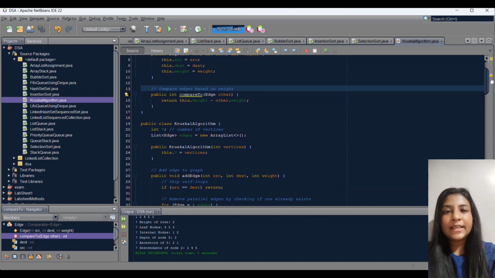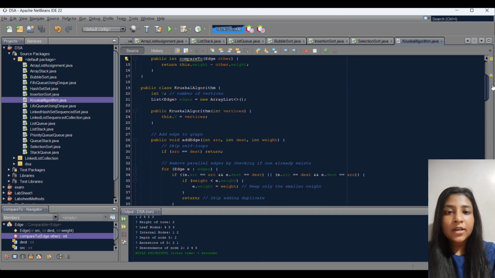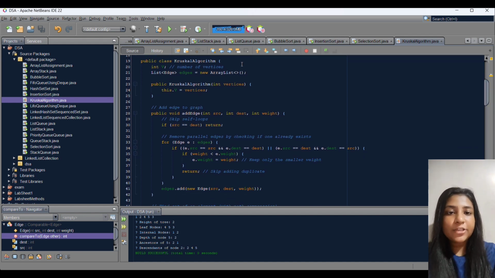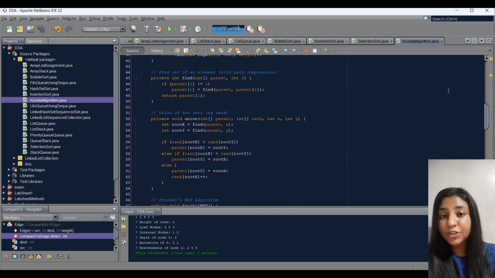int src, dest, weight. This stores the two endpoints and the edge weight. Constructor: public Edge(int src, int dest, int weight). Simple constructor sets the fields. Next, the method compareTo returns this.weight minus other.weight, so Java can sort edges by weight ascending using Collections.sort. Easy and important. Kruskal needs the edges in increasing order. Next,